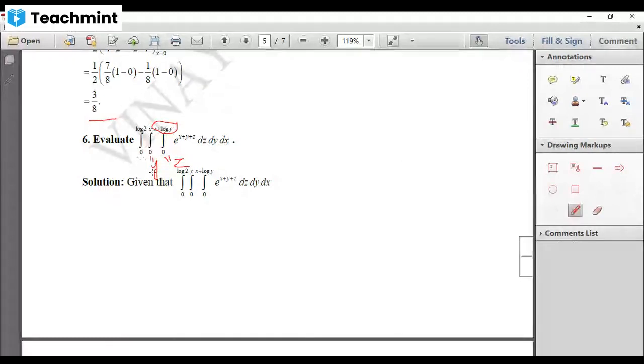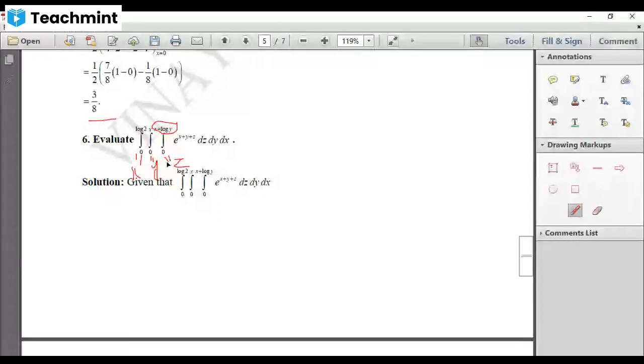And when you assign the limit for y and z, you are left with x. So this will be the limit for x. Though they are given dz, dy, dx, right? Straight away, by seeing this also you can tell, but sometimes if they are not given in this order, you have to see the limit, right? Then depending on the limits, you have to choose the limit for the variables.